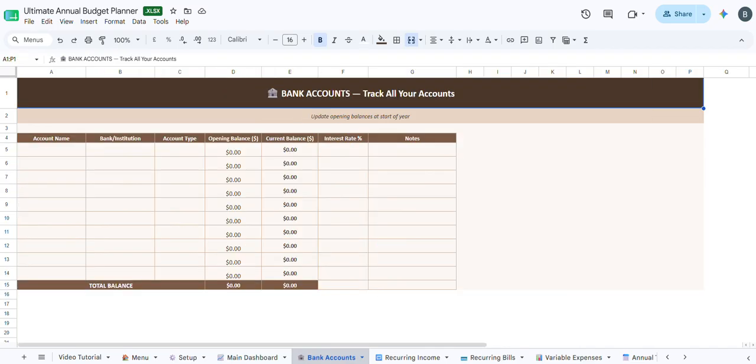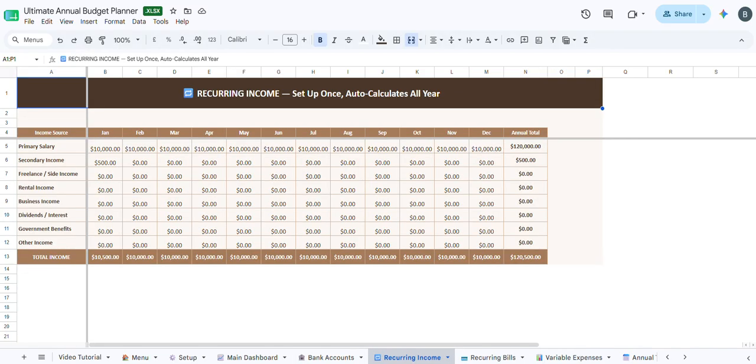Then you go to the bank accounts, you write your account name, your bank, your account type, your opening balance, your current balance, your interest rates. Then comes the recurring income. Here you add your primary salary,